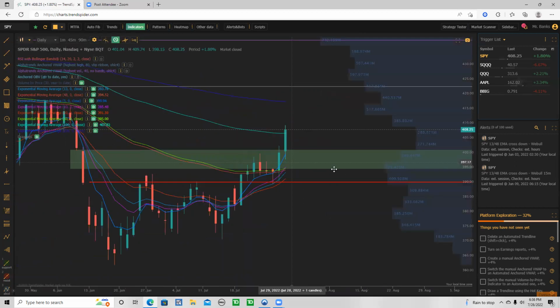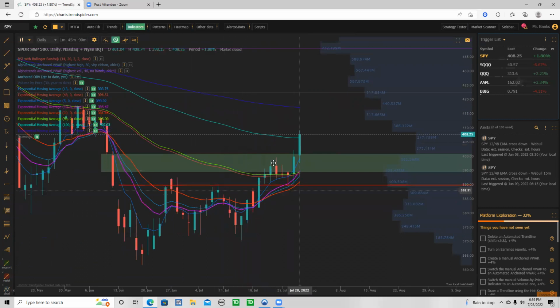So let's go down to the daily really quick. So once you break through a moving average, right? Once you break through, more than likely it is going to go reach and hit the next moving average that is above it. And this is a great example right here. We could see once we passed all these MAs, we went and touched, I believe this is the 48 EMA exactly, right? Once we broke the 48 as well as the 50 and the 5, we went to go